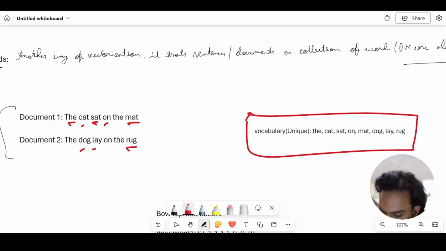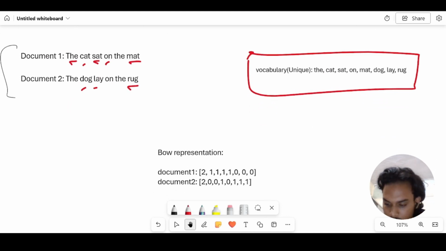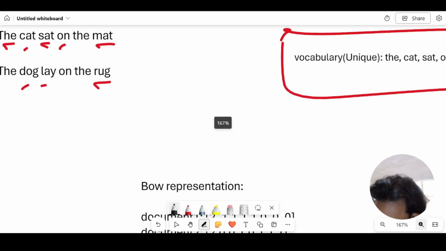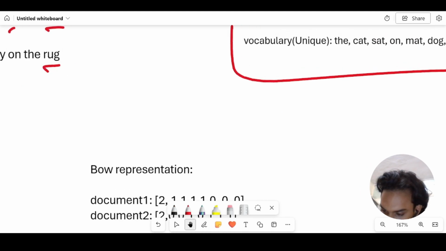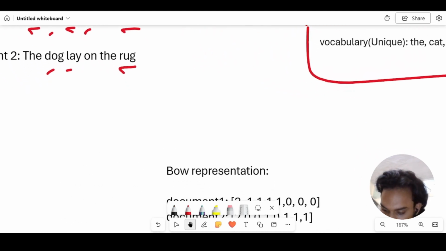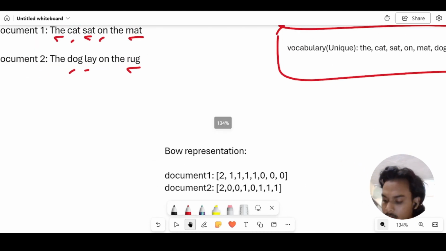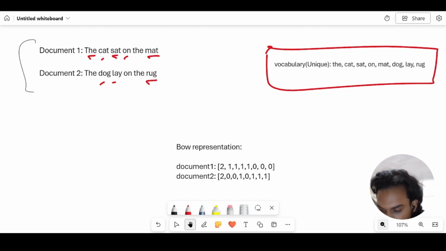Now, in order to do the bag of words representation, in document one, let's see the first word in the vocabulary. That is "the". "The" is present 2 times, so it will be 2. Then how many times does the other word, "cat", appear? Sorry, cat appears once only. So again it will be 1. Then "sat" once, and "on" once. Then "mat" once. After that it will be 0 0 0 because dog, lay, and rug are not there